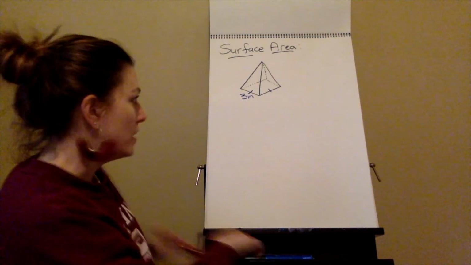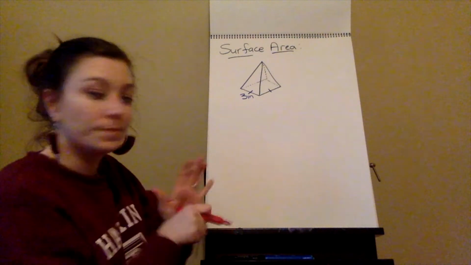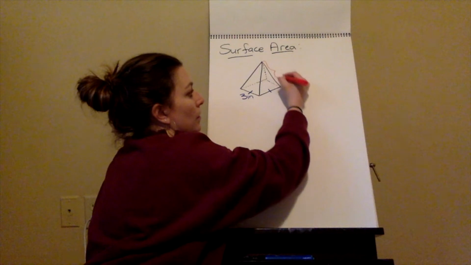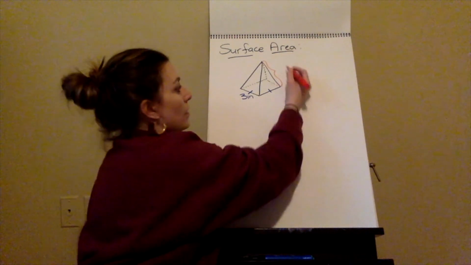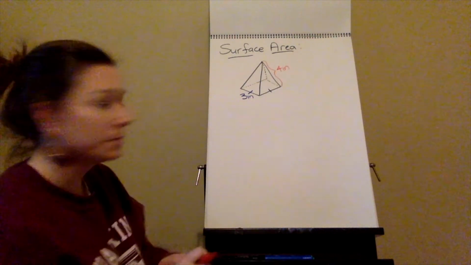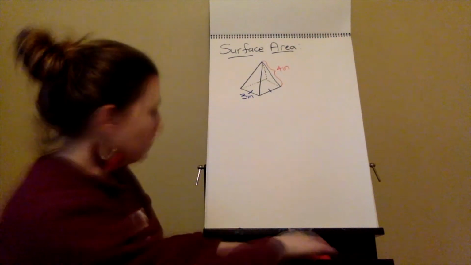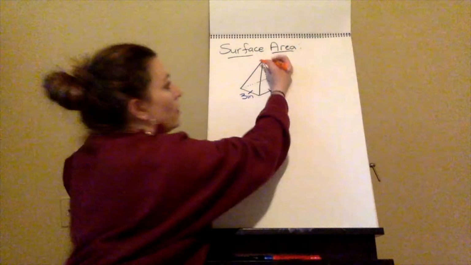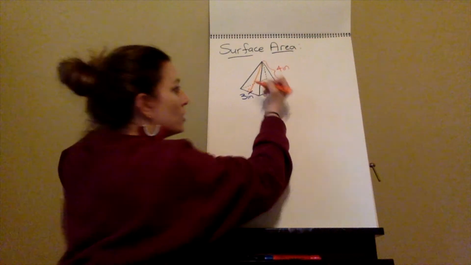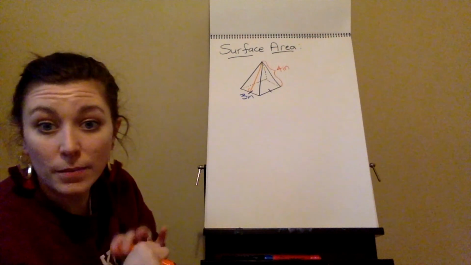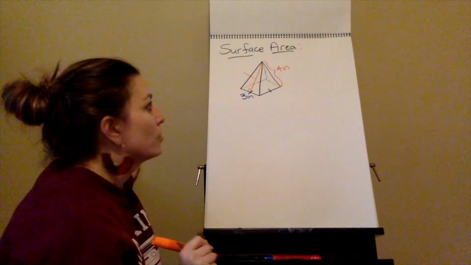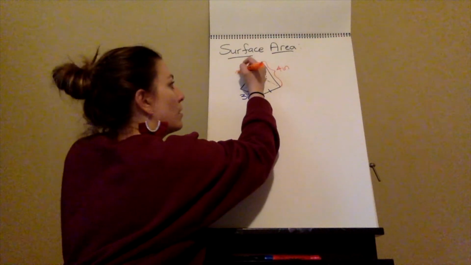Then let's say that the slant on this side here, this slant from here to here is 4 inches. And then let's say that from the top all the way down here to where it is perpendicular, it comes to a right angle, let's say that that measurement is going to be 3.5